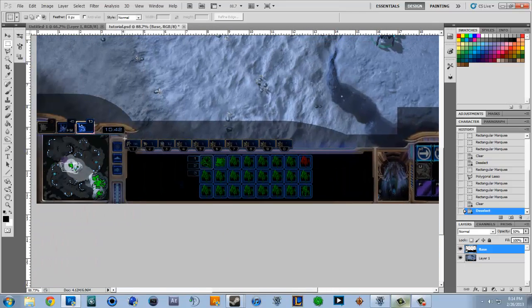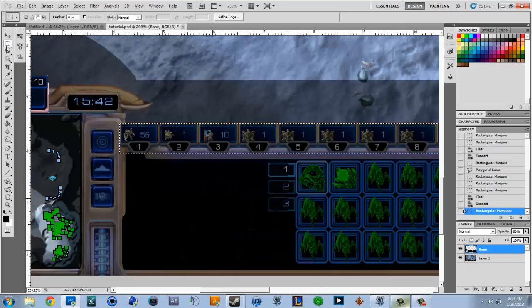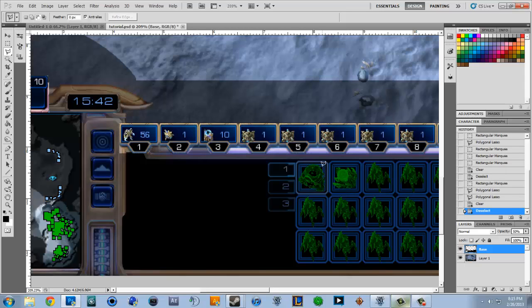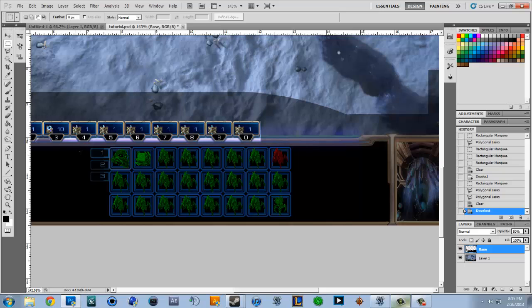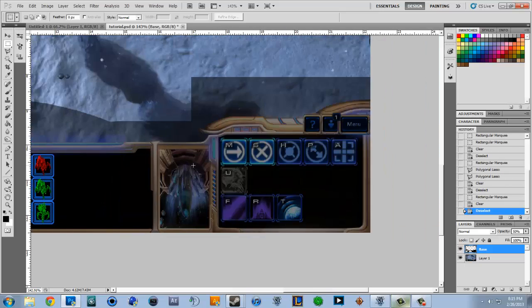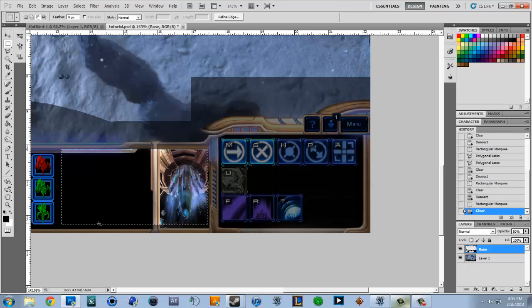And then you can do the same thing with this area, the grouping area, control group, and then you can grab the polygonal tool again and just do the same thing to this, and then just hit delete, grab the rectangle tool again, delete that part. If you want a webcam, you can do something like this, delete that, and then for your command card,